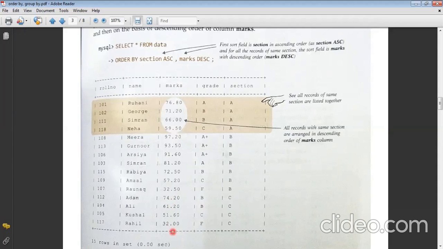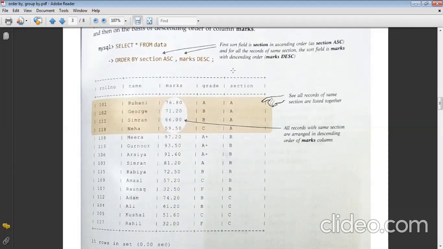So do you understand how they are sorting it? This would be the way if 2 or 3 order by columns have been given. If a third column would be there, then the third column would be sorted after the marks are sorted, and then it would again be group wise. So if you are giving more columns over here, then it would be solved on the basis of priority. First column will be sorted first. Then on the basis of the output of the first column, the second would be sorted. On the basis of this, the third would be sorted. So this is the way it takes place.